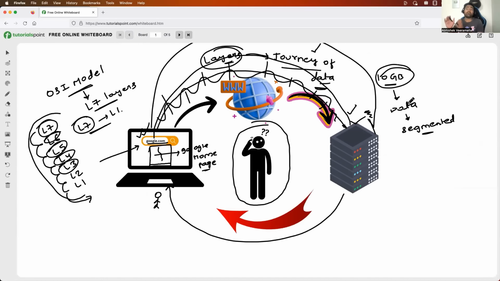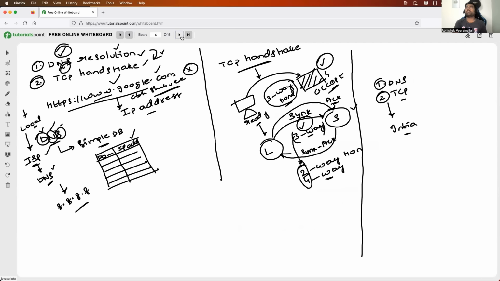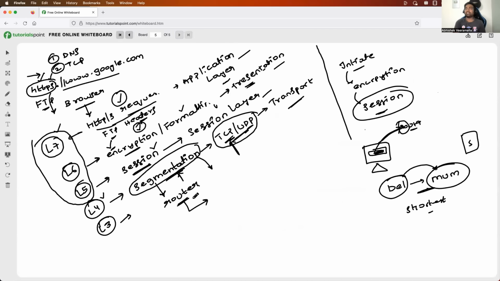there will be multiple hops for your data. That is, there are multiple routers involved. Probably your home router, then your internet service provider, from your internet service provider to others, and finally it reaches the Google server. So which routers or which hops should your data take to reach the Google server in the fastest way? To understand that, what we will do in layer 3 is add the source